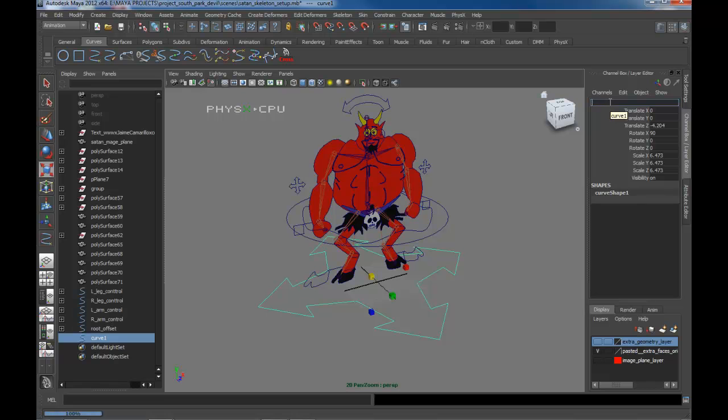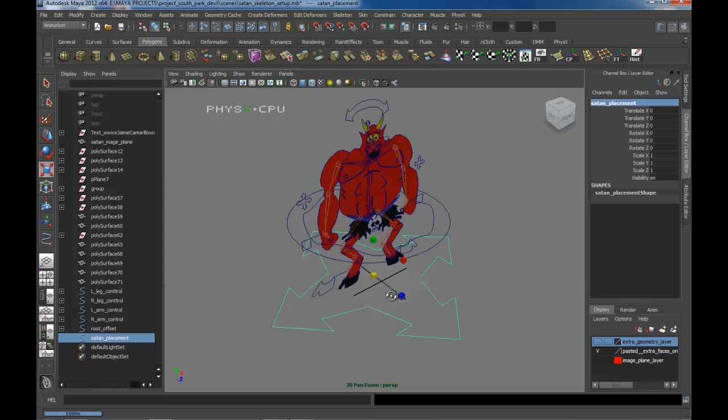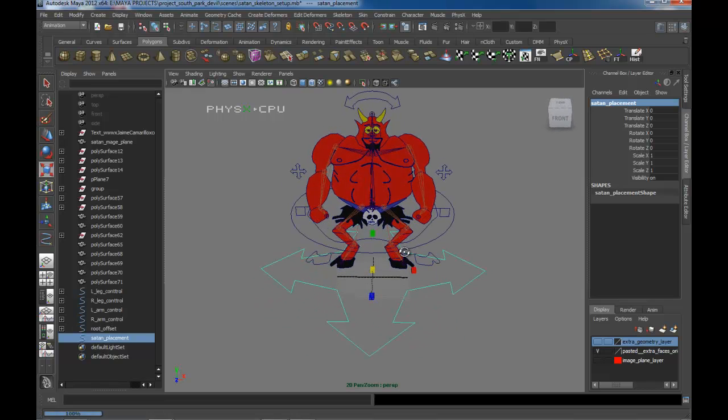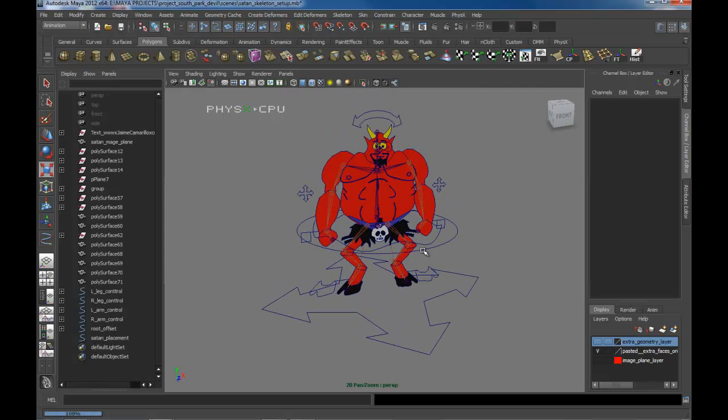Satan underscore placement. Like always, freeze transformations. Doesn't have history. I don't need to delete it. And before I start doing the set driven keys,